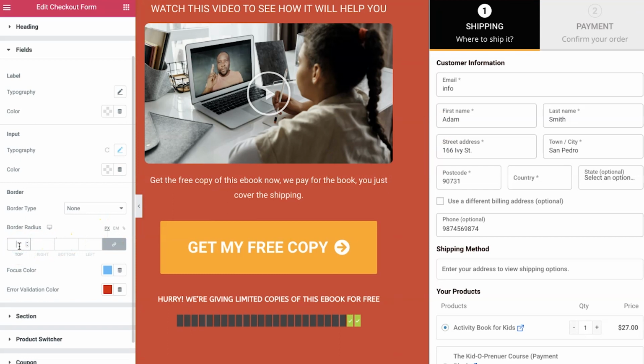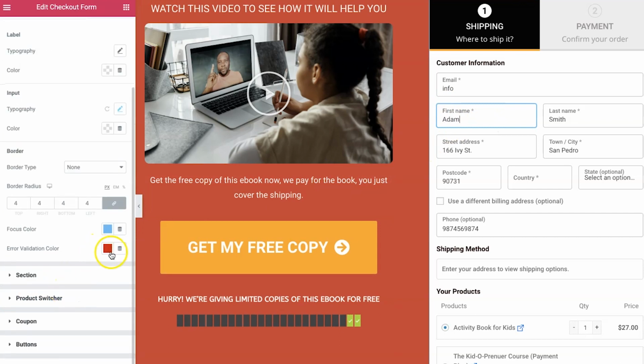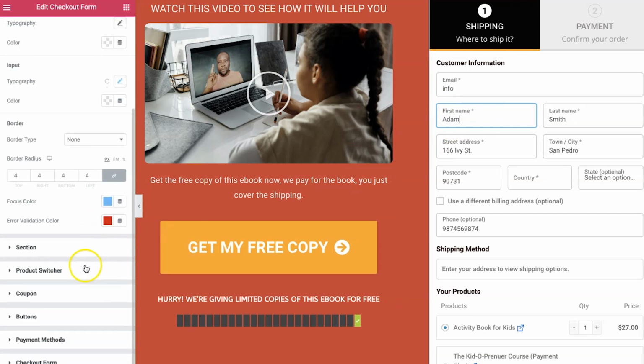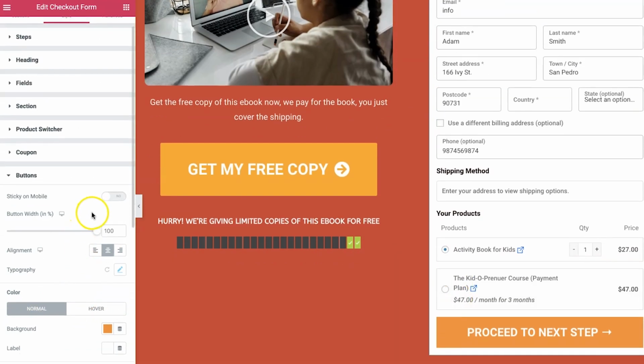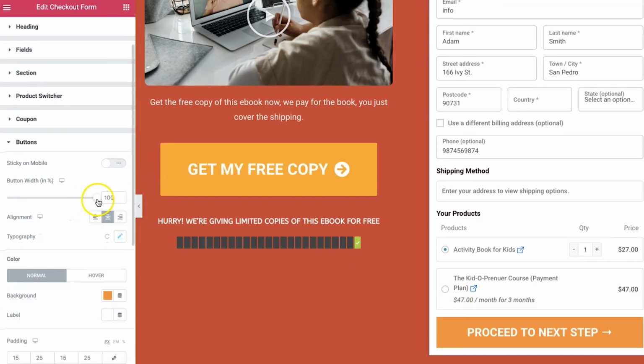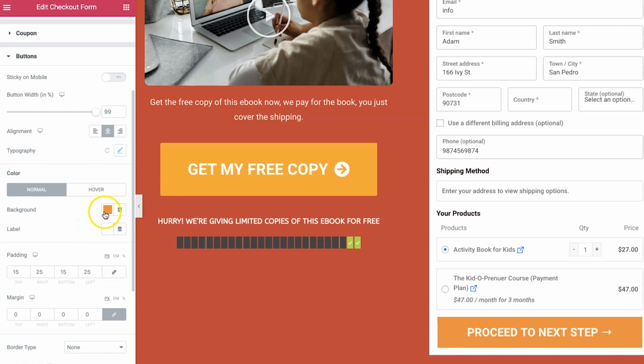You can set it to 0 and then it'll become all straight lines, but of course a little bit of radius looks good. The focus color, when you click here, this becomes blue, so that's the focus color, and the error validation color is red. So you can make all these changes and customize it, and of course this is the button. You can make it sticky on mobile. That's the button width that you can change, and you'll be able to see the changes over there.